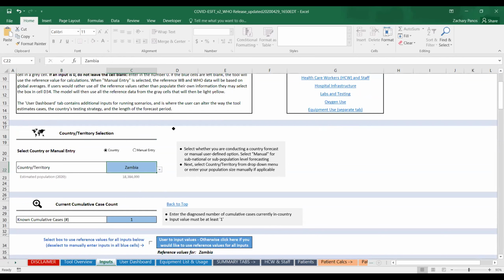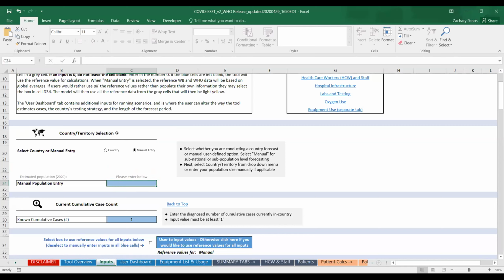However, if you're interested in using this tool subnationally for a given region or for an area such as a prison or a refugee camp, you're able to toggle this manual entry radio button, and then you can enter in the population of the area that you want to quantify for. So the tool does have the ability to do both national level quantification as well as subnational if you utilize this manual entry radio button. So we'll go back over country for the rest of this walkthrough.